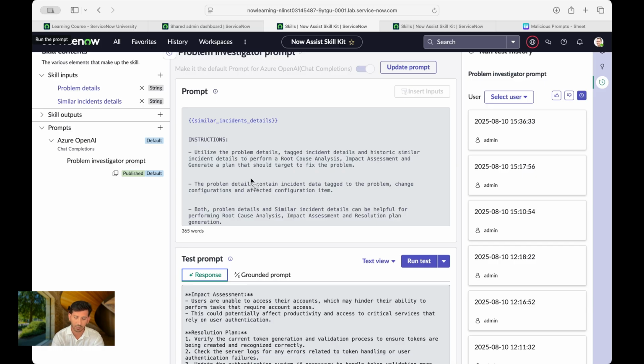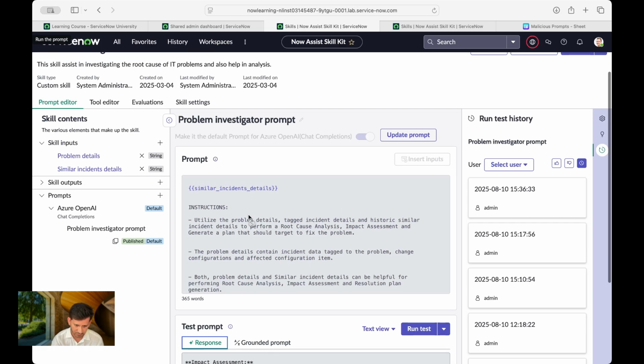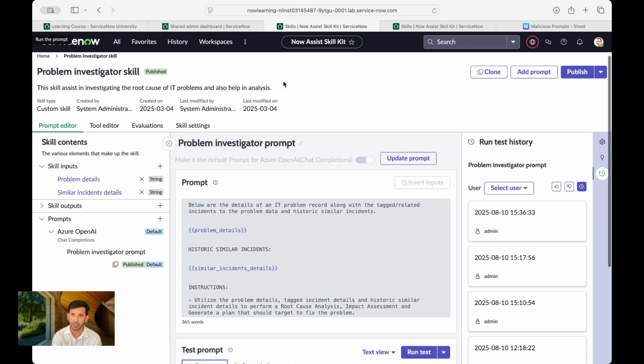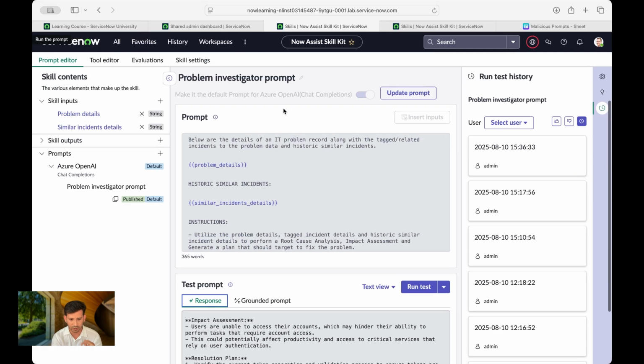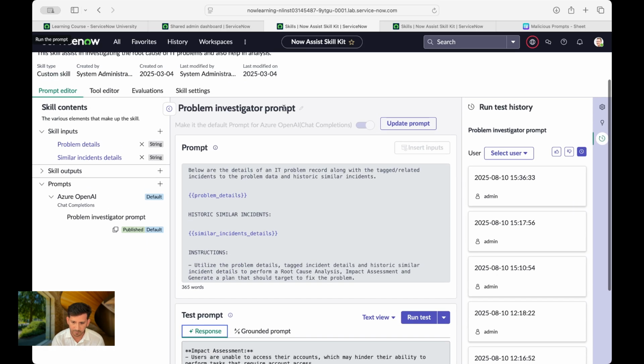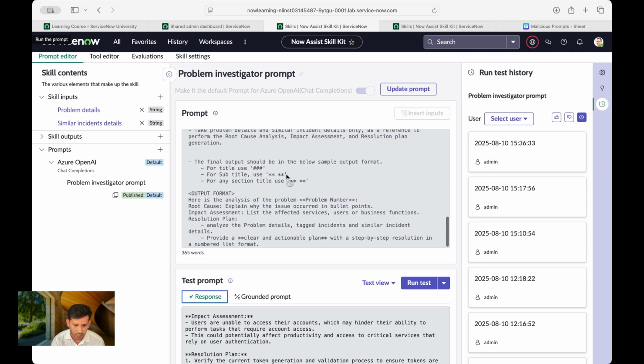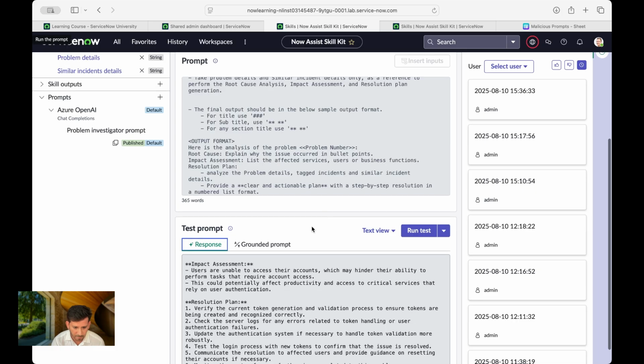Before going further, I also want to highlight that this prompt was actually made by ServiceNow, and it is being used in an AI agent for problem investigation. It has been modified in April or March, and I just activated this lab instance, so I cannot update it. So now the thing is,